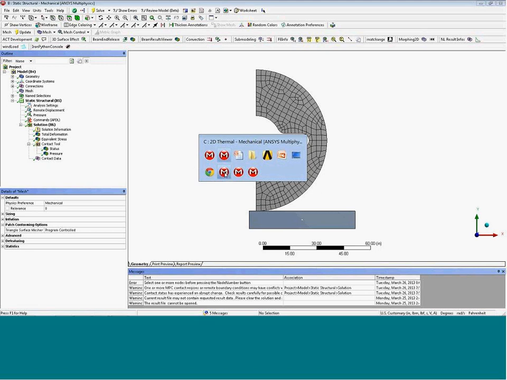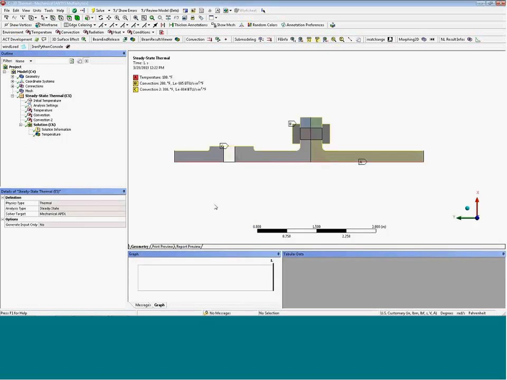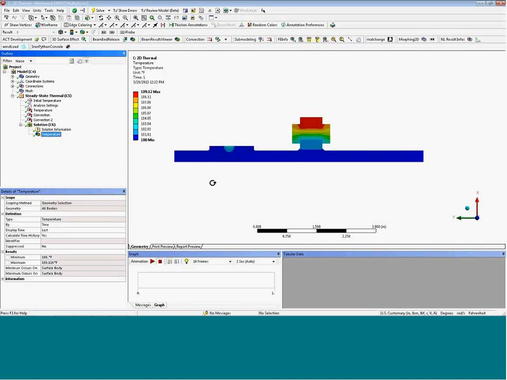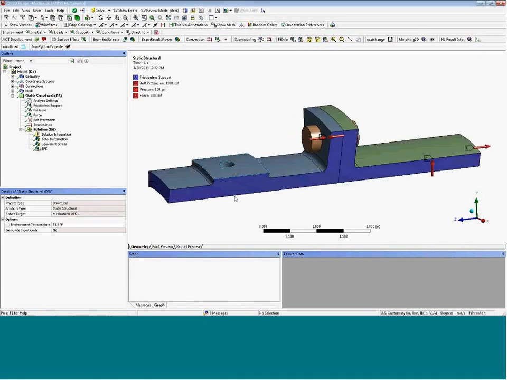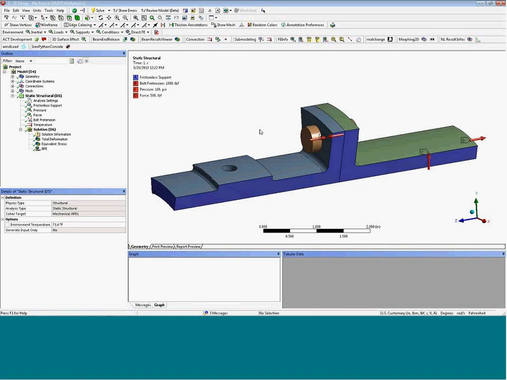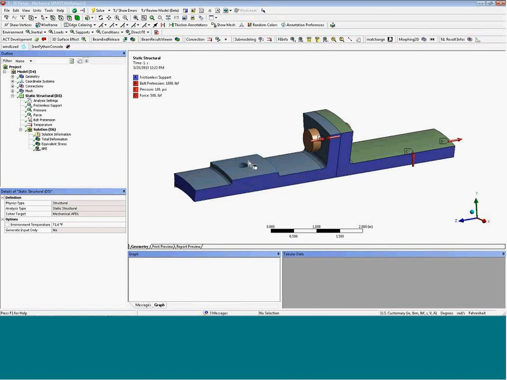Let's look at our example. We ran this 2D thermal analysis. We have some temperature distribution on this model. And then we take this temperature distribution and map it onto a 3D model. So if we build a 3D model, this is the 3D model that I want to apply that 2D temperature distribution on. So we do that with this submodeling extension here. There's one for temperature, one for displacements. So insert this temperature